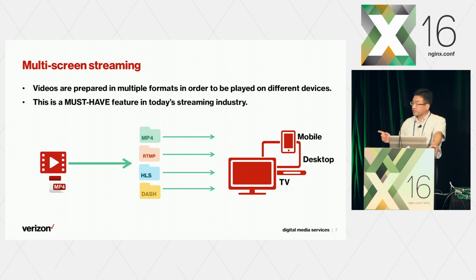In order to offer RTMP, we need an RTMP server, like Adobe Media Server or Wowza. In order to offer HLS and DASH, the file has to be processed into HLS or DASH files, and then the HLS and DASH files are delivered over HTTP. So we can consider HLS and DASH in the same category. They require an additional repackaging step, and then the files are delivered over HTTP. So let's consider HLS and